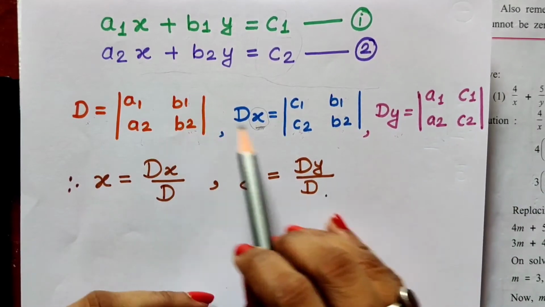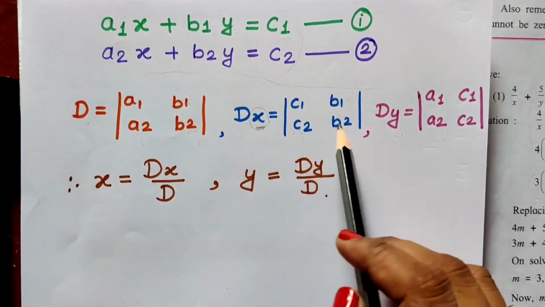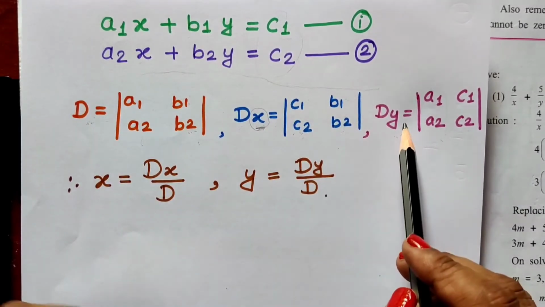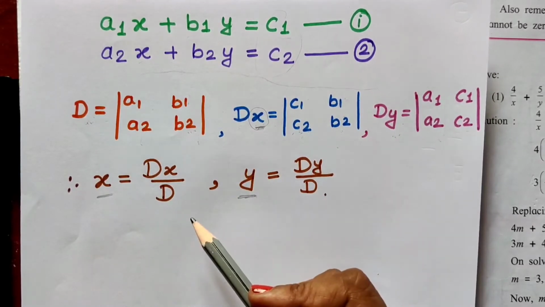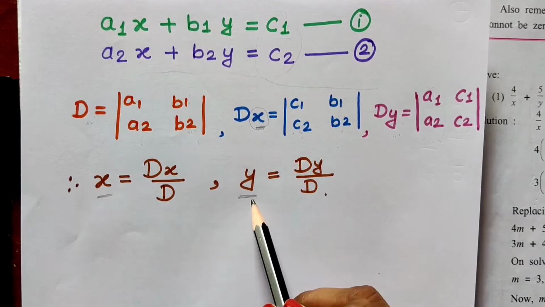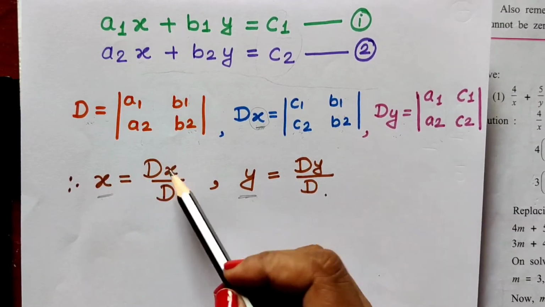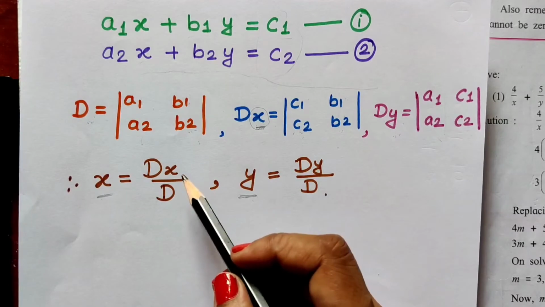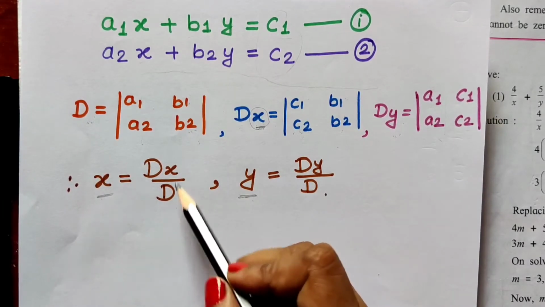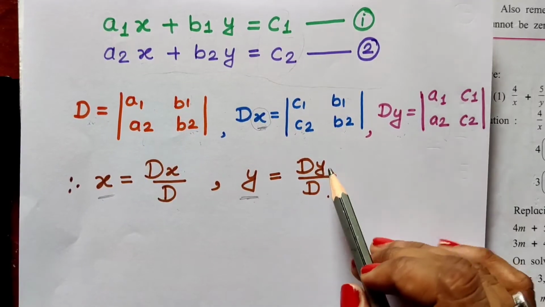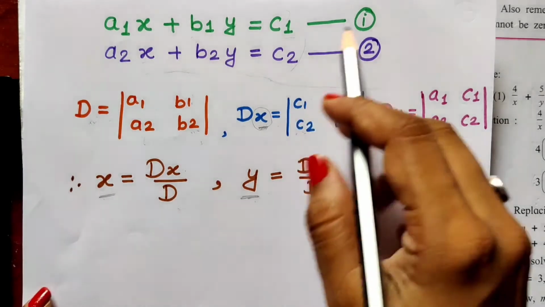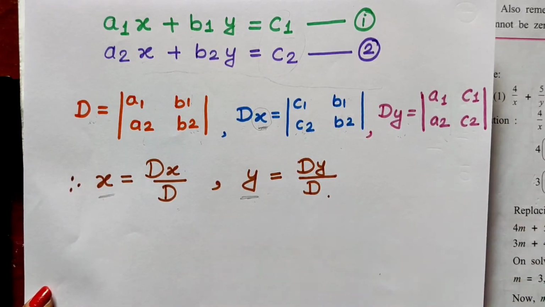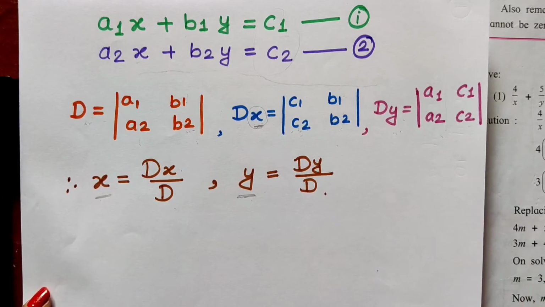So after writing in the determinant format, solve it by cross multiplication, get the values of d, dx and dy, and after that we can find the values of the variables. We all know solving simultaneous equations means getting the values of variables x and y. So for getting the value of x, what do we have to do? We have to divide dx by d, and for y we have to divide dy by d. So let us see how to solve the sums using Cramer's rule. Very easy method, no hassle, no difficulty. You can solve very easily. So let us solve the first sum.